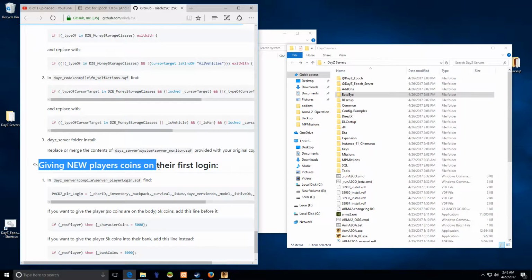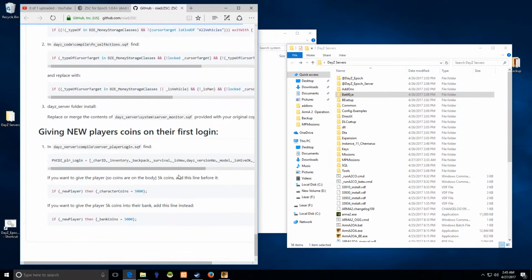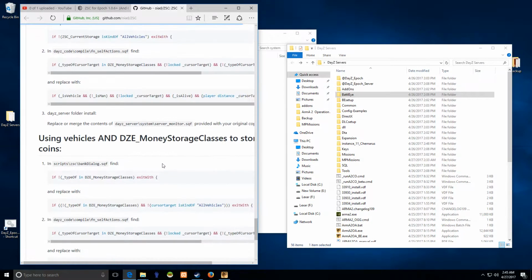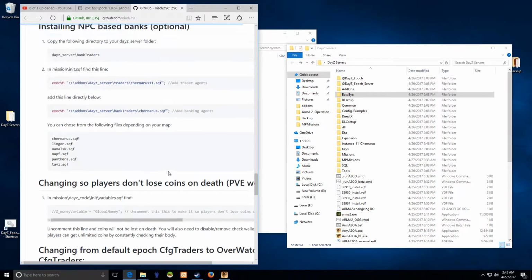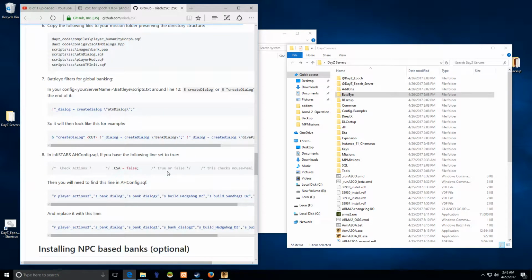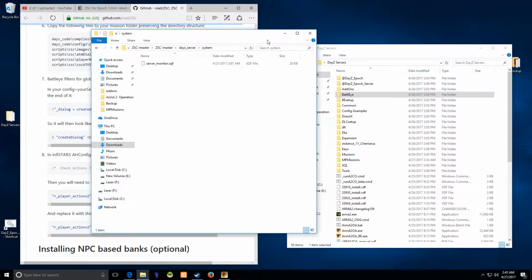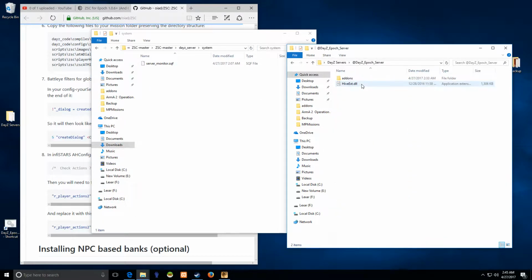Yeah, you can give new players coins on first login. Just follow these instructions like I have been doing here. But I'm gonna do a diff merge on this just to show you what the actual difference is. It's very